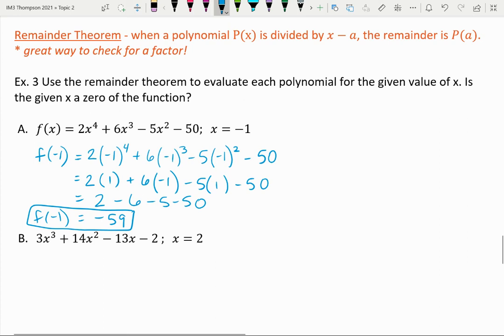So if I'm just checking to see if negative 1 is a 0 of the function, which is the second question here, is the given x a 0 of the function, then this is easy to just say yes or no, right? Since I have a remainder,